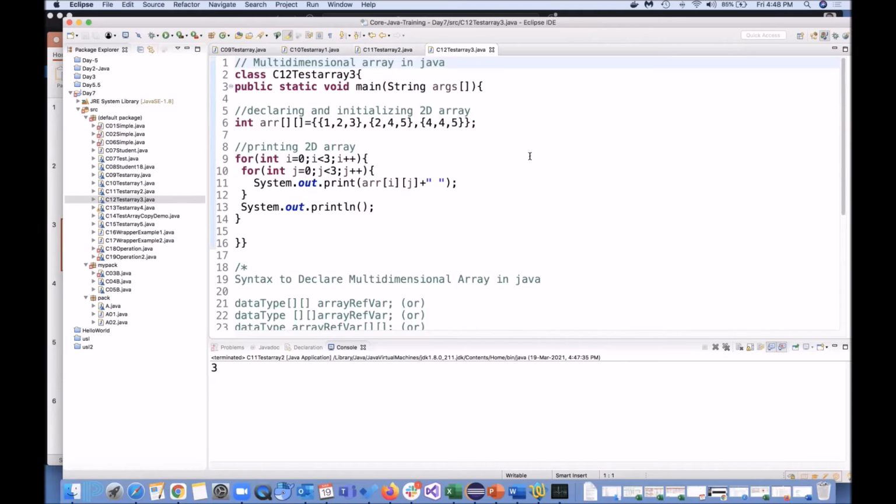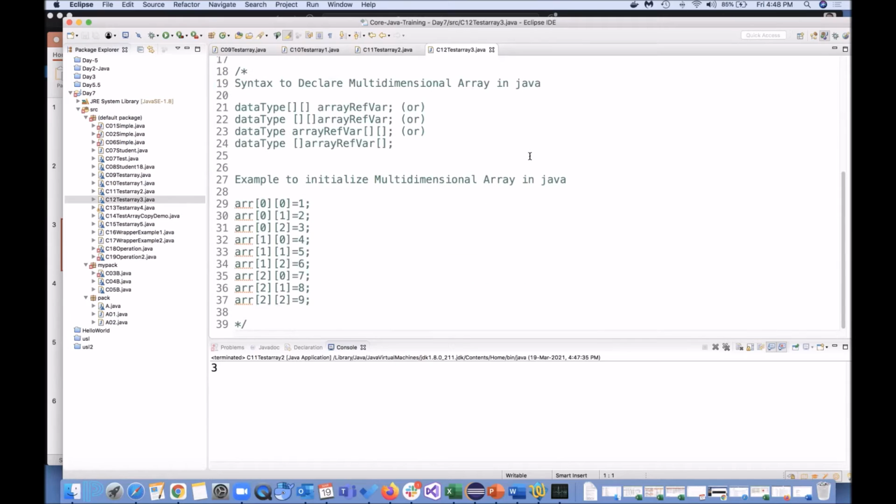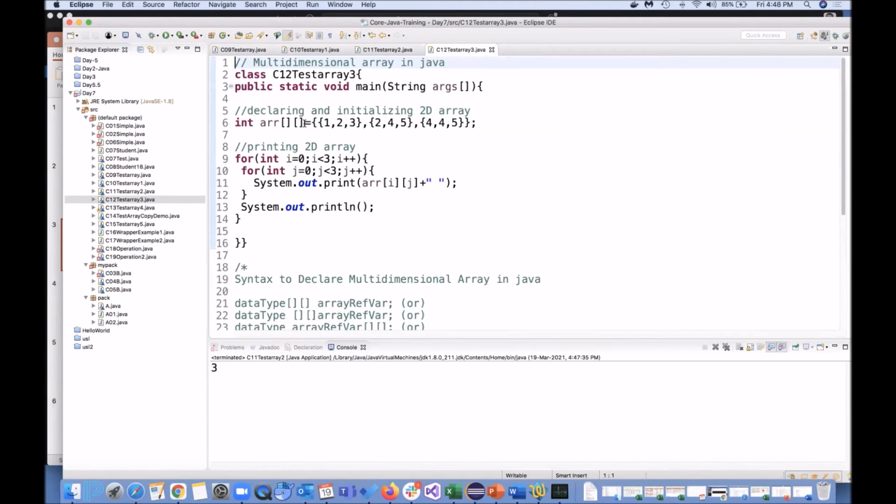Okay, now let's talk about multi-dimensional arrays. A multi-dimensional array is like this. Declaration, instantiation, we will be doing. We can say it as X, Y, Z, maybe a 3-dimensional array also we can do. When you want to do some calculation over a matrix, for matrix calculation, we will be using a 3-dimensional array.